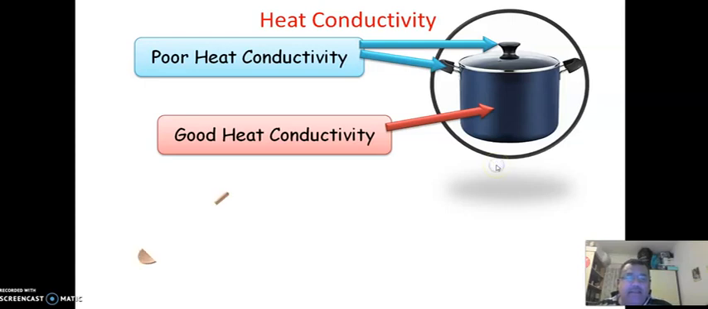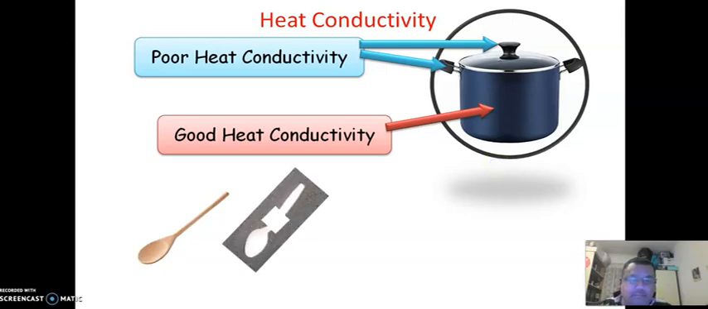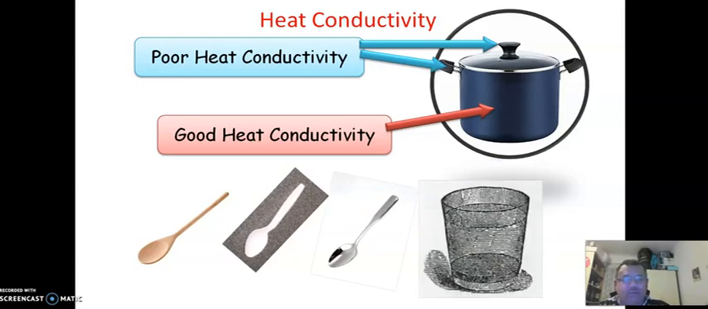Now let's try this with a little bit of an experiment. We have our wooden spoon, we have a plastic spoon, and we have a metal spoon. What do you think is going to happen if I put all three of these spoons into a glass of hot water? And which of those three spoons do you think